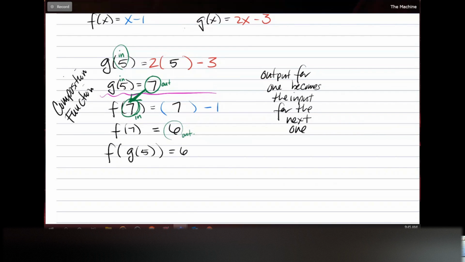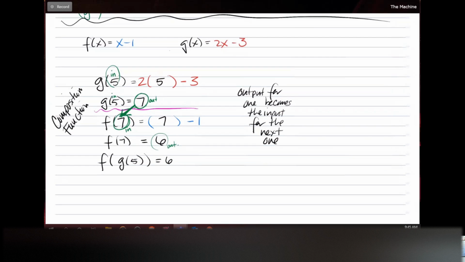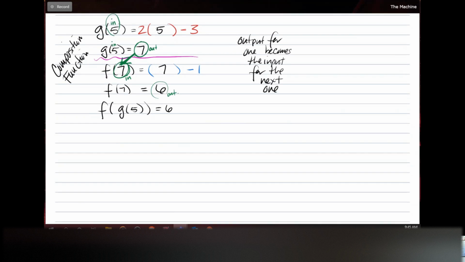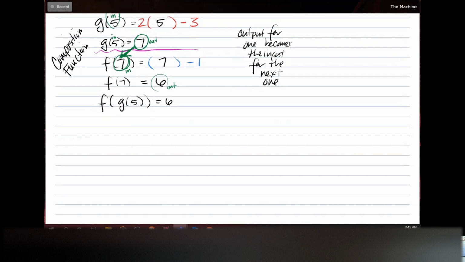We're combining functions now. One function inside another function. Okay, so what I want you to do now is I want you to do this one. Oh, I need to tell you how the book's going to write it. There's 2 different ways of writing it. My method is going to be f of g of x. And notice my exaggerated spacing there. The book is going to do f